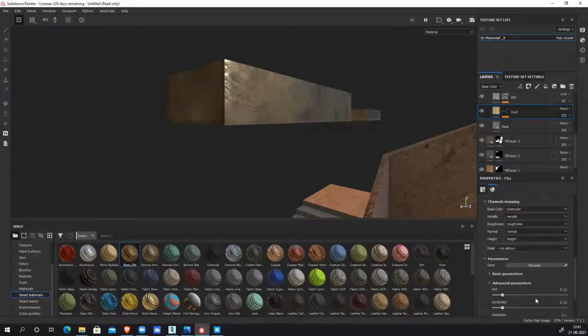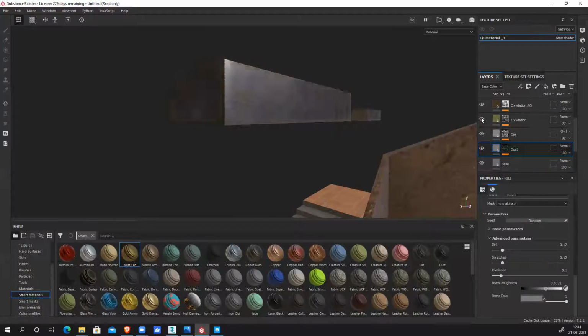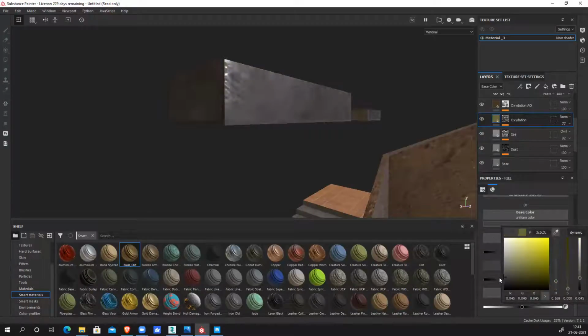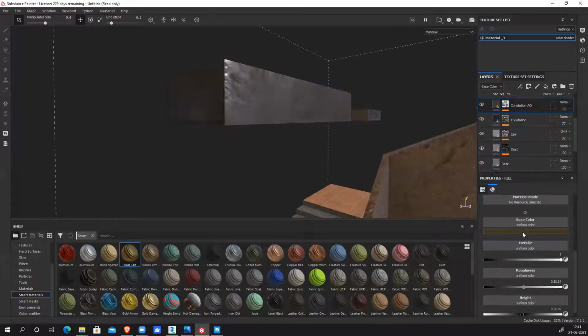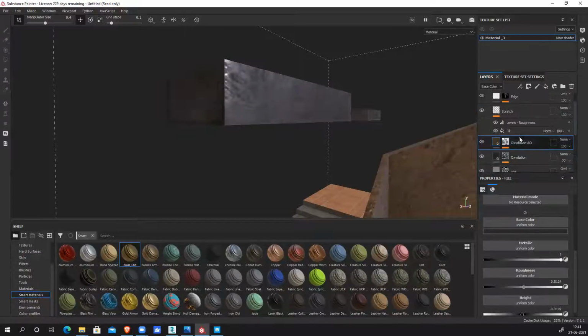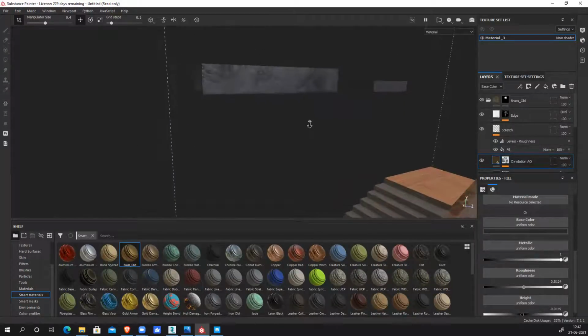Same thing, advanced, open, make it gray color. There's one more, you can see this. Same thing, change the color to dark gray, and this one again, change the color towards gray. Just change the color, it will work perfectly. You see that yellowish tint is gone.